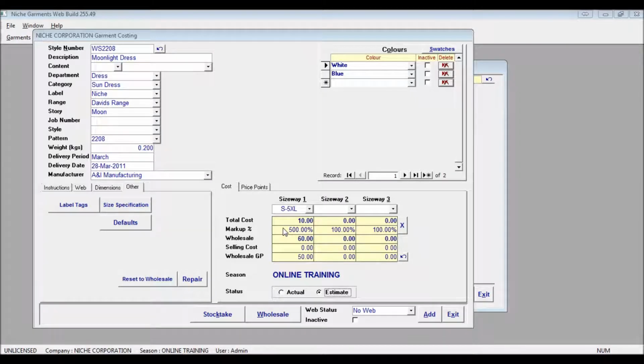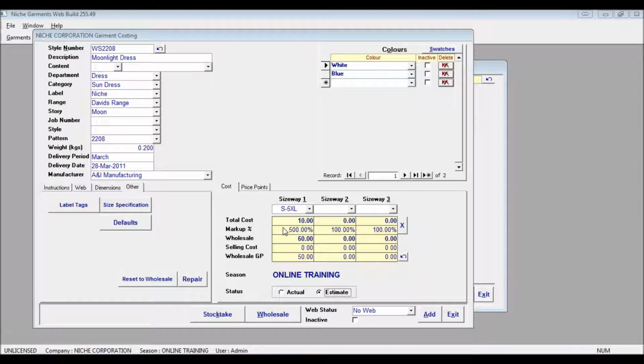A lot of people don't use those 2 extra sideways, and in fact, if you're a web customer or a retail customer, we don't support the use of those 2 extra sideways. But for those of you who just use straight garments and you decided you want to charge extra for larger sizes, then you could use those sideway 2s and sideway 3s. But you can still only have up to 18 different sizes in one particular style. So even though it's split up between sideway 1, 2 and 3, you can only have up to 18 sizes